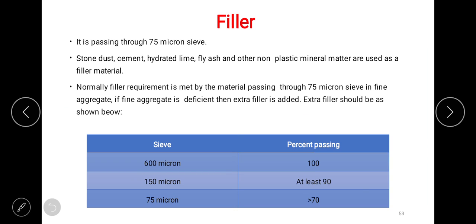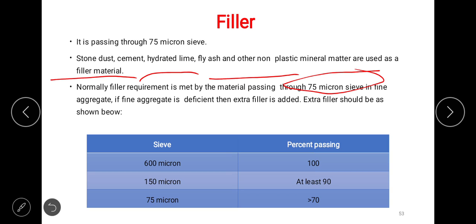Filler, that is screening material. It is passing through the 75 micron sieve or 0.075 millimeter. Stone dust, cement, hydrated lime, fly ash and other non-plastic material are used as filler material. Normally, the filler requirement is met by the material passing through the 75 micron sieve in the aggregate. If the aggregate is deficient